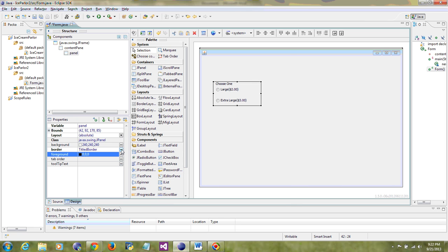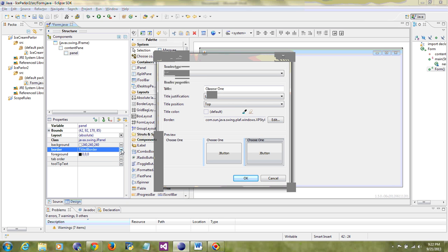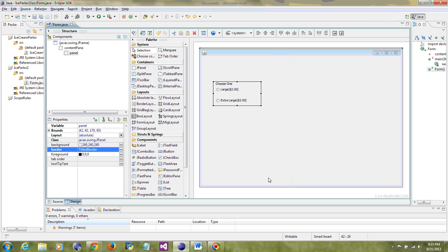Border has the fonts, so border type. Okay, actually for font I'll have to choose a font object. I'm not sure it can be done in the graphical view here, so let's not worry about that too much. Okay, now excuse me,